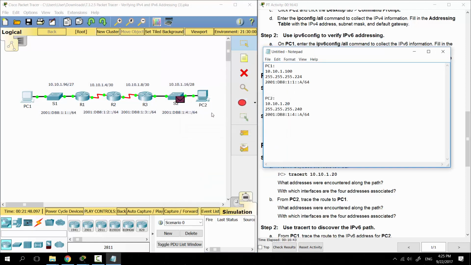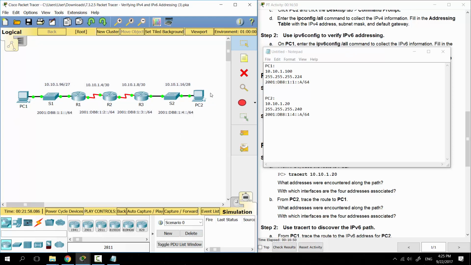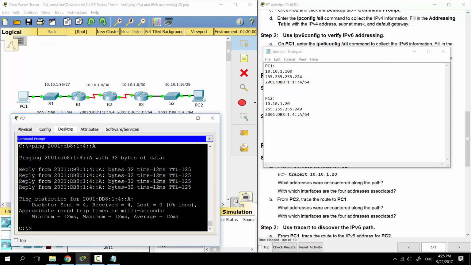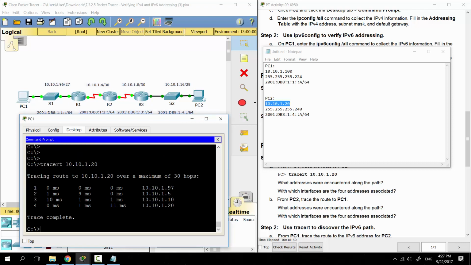Also, you can check the path. You can take a look at the full path from PC1 to PC2 by using the command which is called tracert. So tracert from PC1 to, let's say that we will make the trace route by using IP version 4, so it's going to be like 1.20. And now you can see the path from PC1 to PC2, and these IP addresses belong to